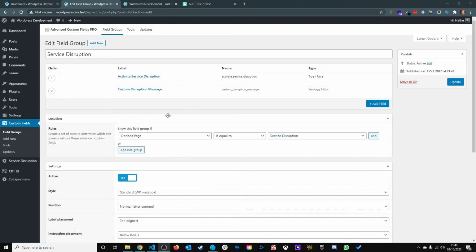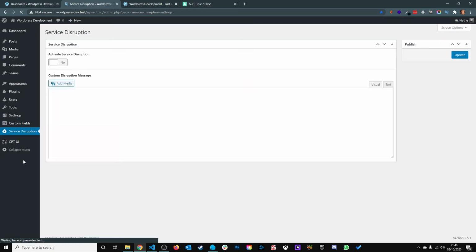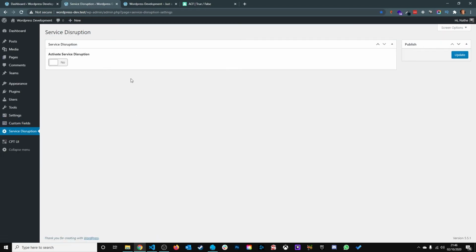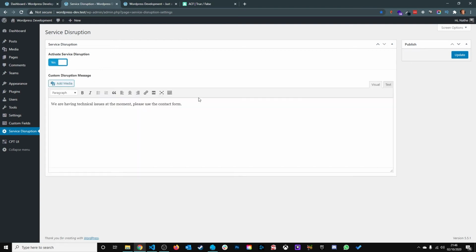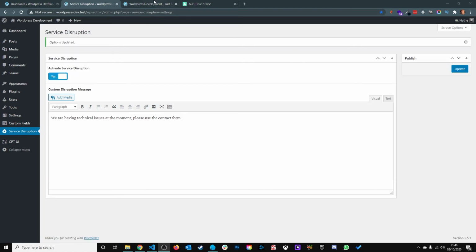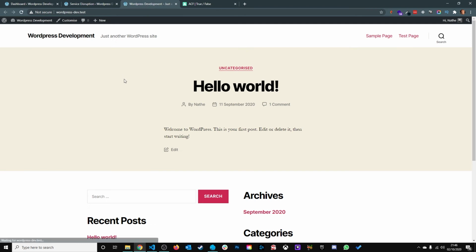So if we go to our service disruption now, it has our new custom fields in this options page, and we want to activate the new message, and we add our message in this box here. But if we click update, then view the front end of the website and refresh it, the message won't appear because we need to add in the code to the header.php file, and we need to add some style to